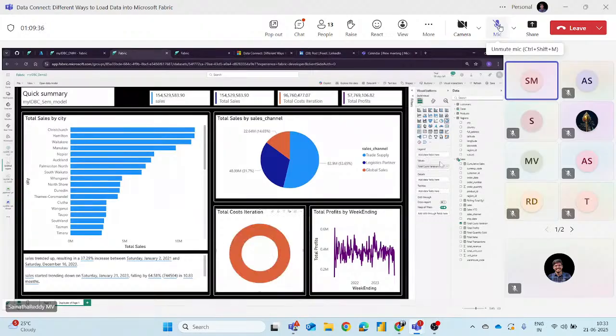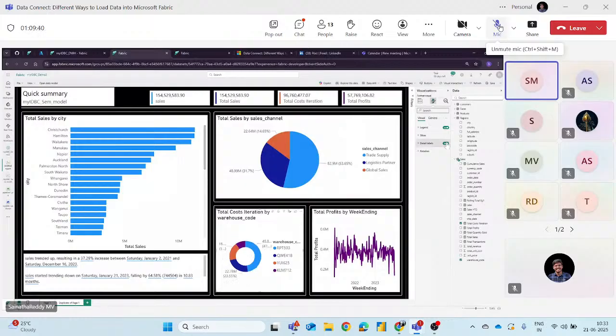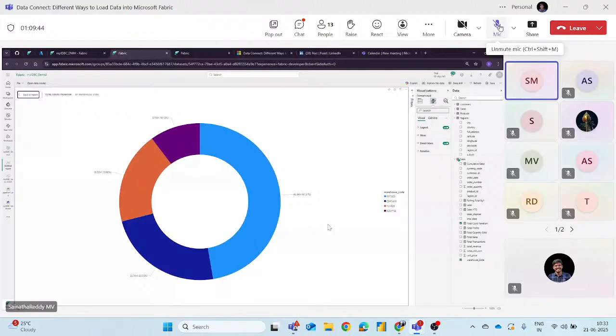See how each warehouse has a different percentage of sales. You can click on this focus mode. These are the 4 warehouses where I have stored this sales information. These are the costs incurred, so we have taken total cost per iteration here. Each warehouse's cost can be found nicely in the donut chart.